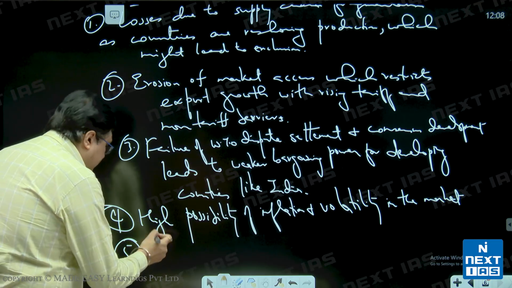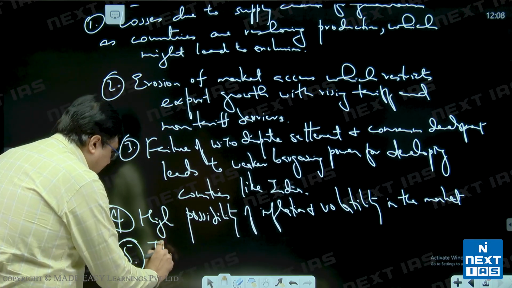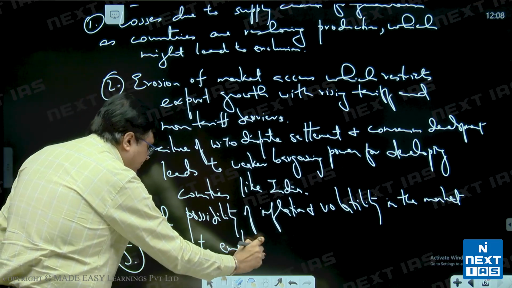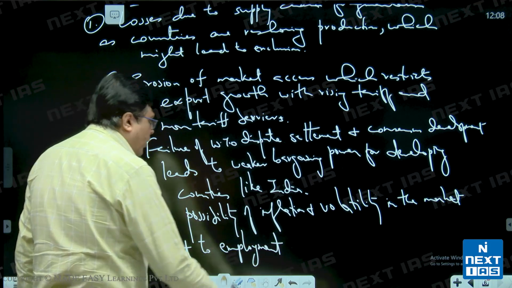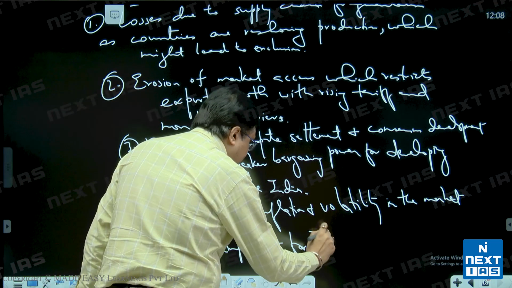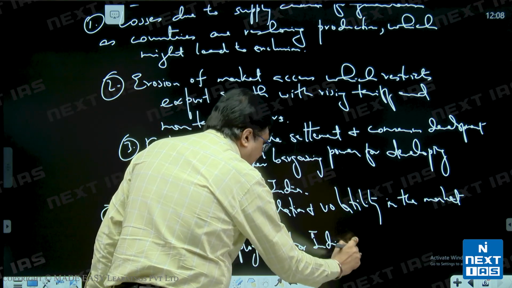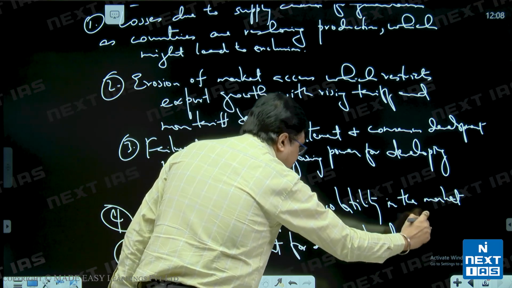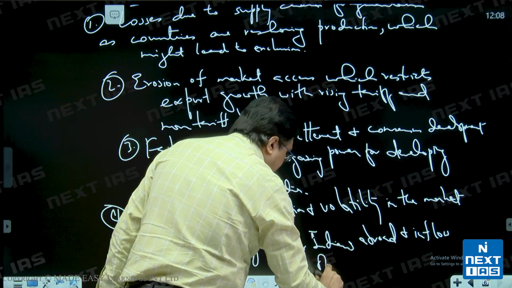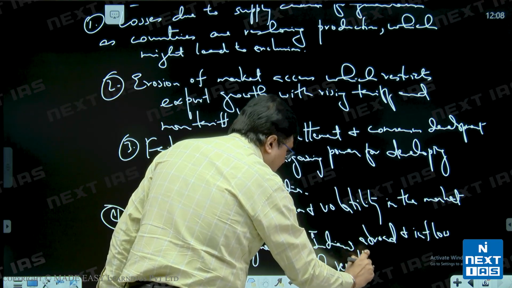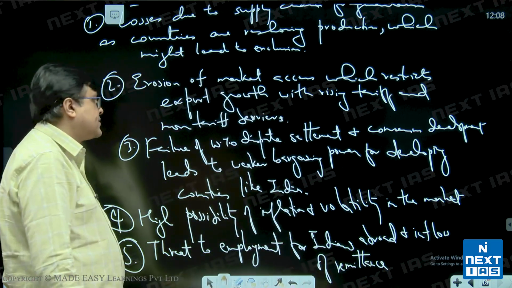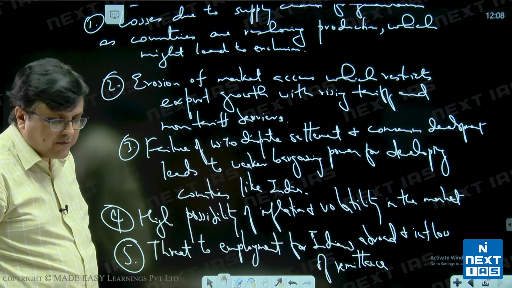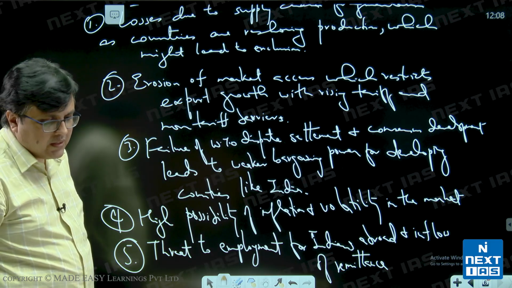The fifth challenge is threat to employment for Indians abroad and inflow of remittance. So, again, introduction 30 words, use 50 words for these 5 points explaining how this challenge is going up,